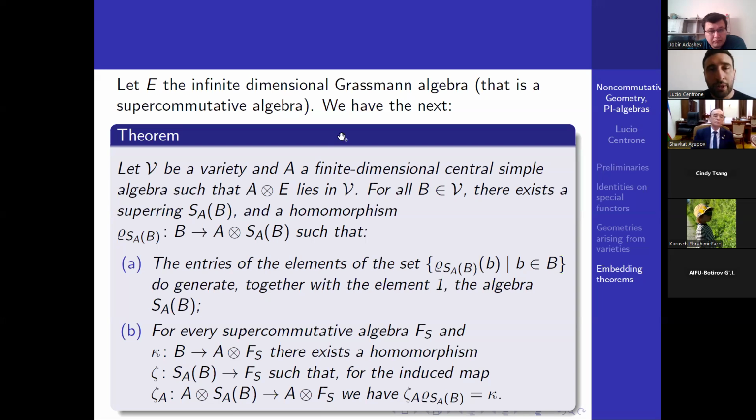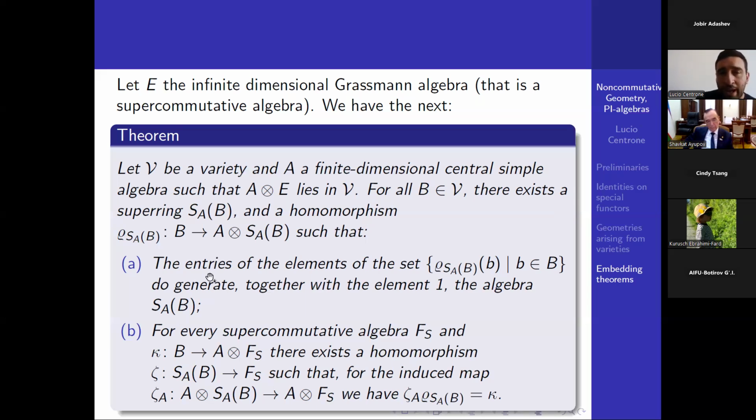What I would like to point out and highlight in this third part is that everything we are saying here, again, fits perfectly in a non-associative setting. In fact, this has been done in a non-associative setting. So, consider a finite-dimensional central simple algebra. Suppose A tensor E is in this variety. For all B in this variety also, there exists a superring and a homomorphism, so that the entries of the elements of this set generate the algebra SAB, and it also has a